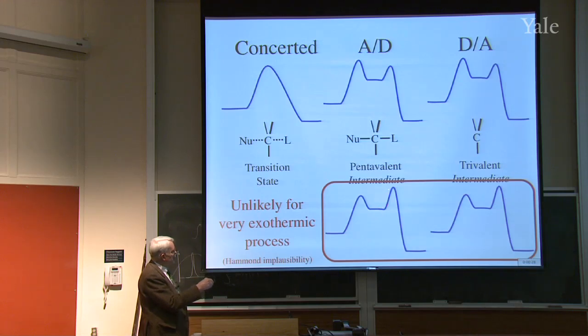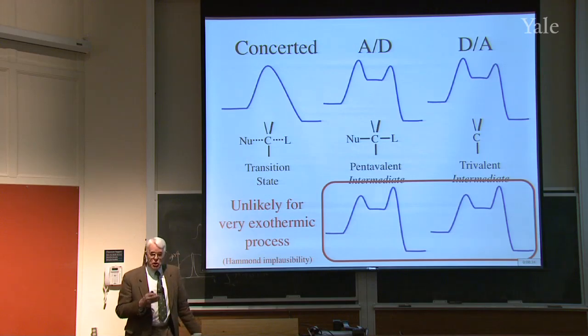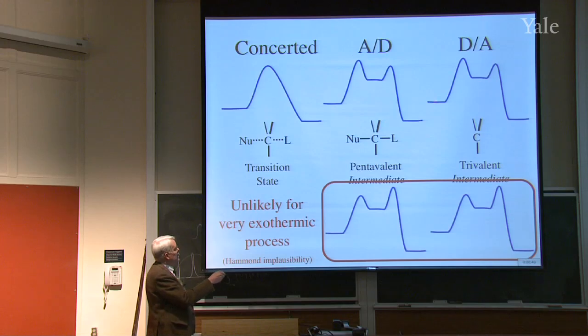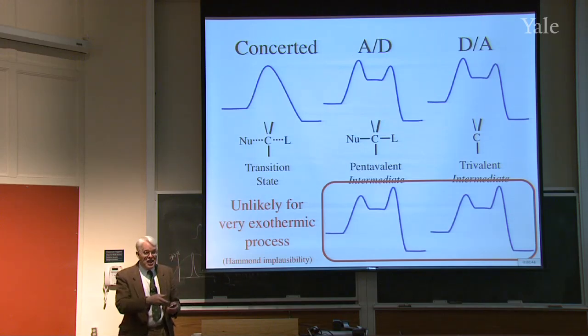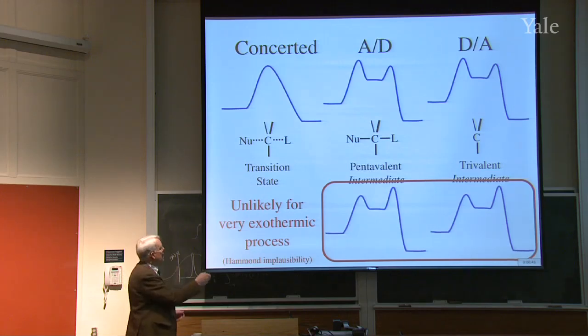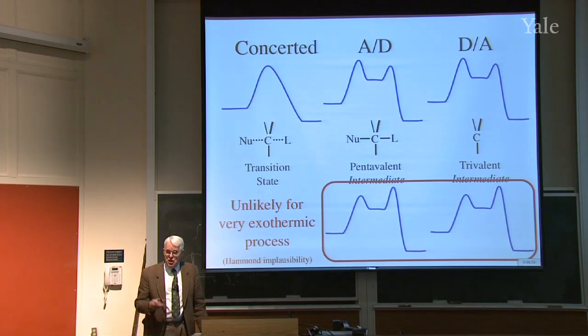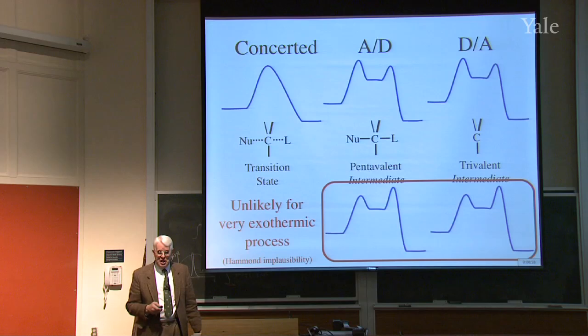But if the second step is rate limiting, it implies that you have a higher barrier going to the lower energy product, which could be, but it's not so likely. So it's much more likely to have these up at the top in a reaction that's exothermic. Of course, the same reaction run backwards would retrace the same path, and running this backwards would have the second step rate limiting. But generally, we're going to talk about cases where the first step is rate limiting, because we're interested in reactions that go to give a product, not the ones that come back from the product to the